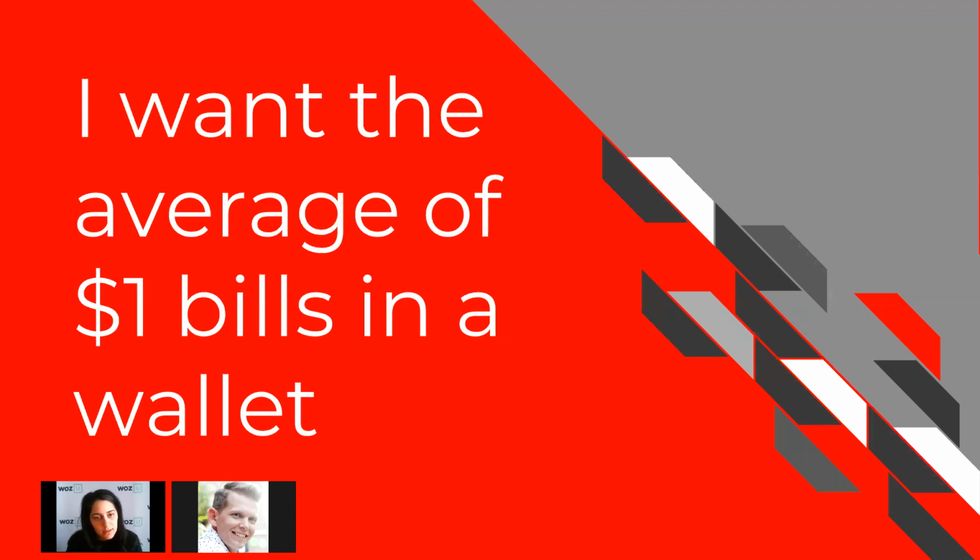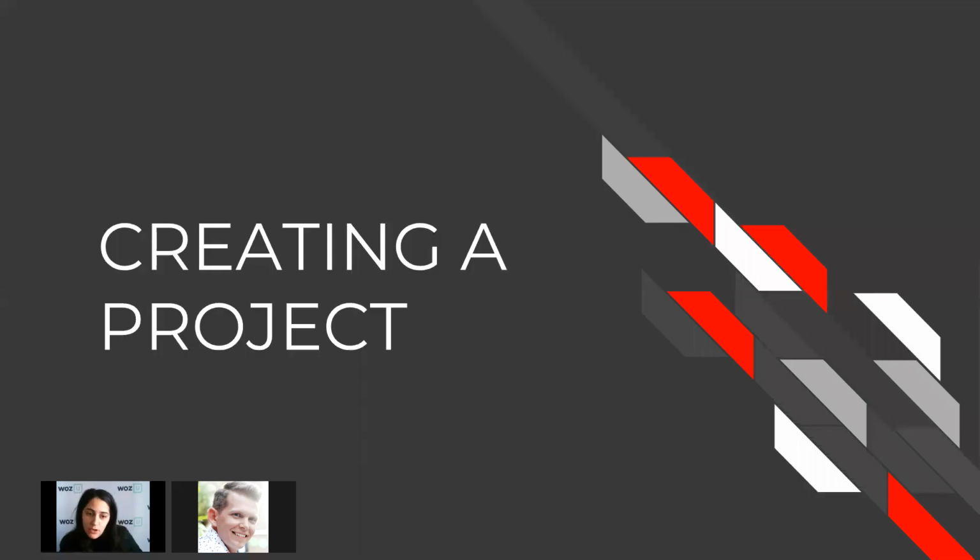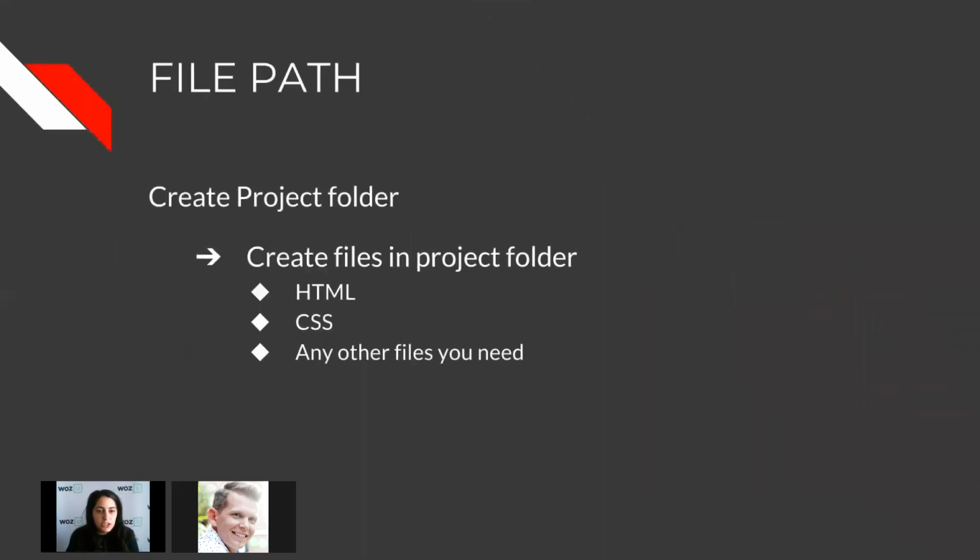That's great. All right, so then let's go ahead and jump into creating a project. So when you're creating a brand new project for an application or a website, you have your main project folder. This is considered the root directory, home directory, project directory. You'll hear it a bunch of times, either a folder or a directory, either way, where your project lives. Inside of that folder is where you're going to have all the files that you need in order to build that application or website.